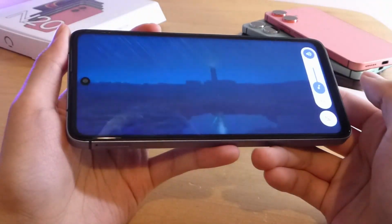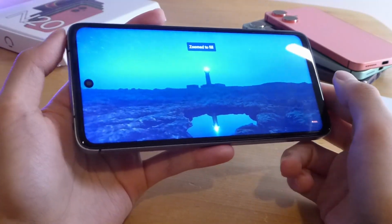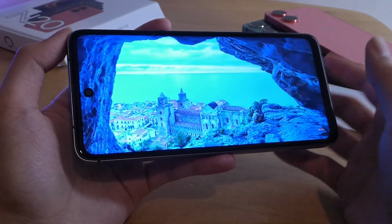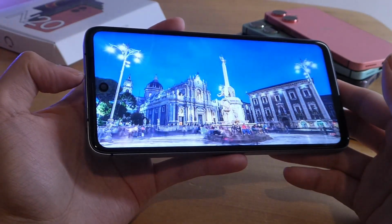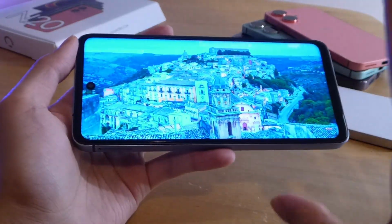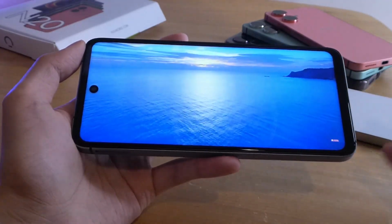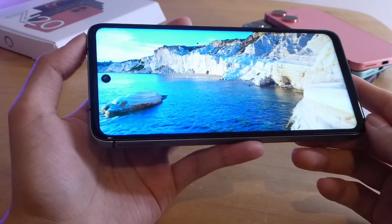Alright, so turning things down there, the added stereo separation just makes content feel a little bit more immersive as you're consuming videos, and it's actually quite enjoyable for things like YouTube and Netflix. That being said, if you are really nitpicking, yes, the top speaker might be a touch weaker or less loud compared to the bottom one, so there's a slight channel imbalance, but all in all, it's still better than having just a single mono speaker in my opinion, plus you have that standard headphone jack and Bluetooth connectivity to further